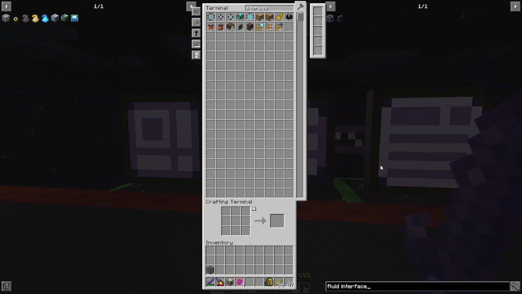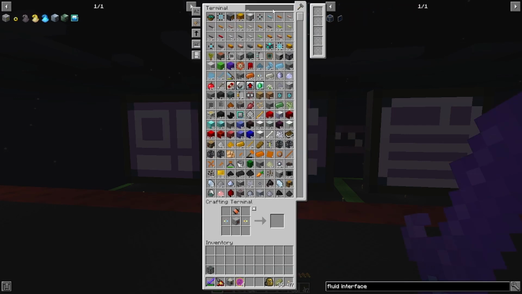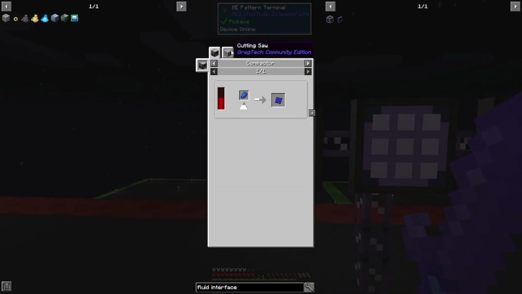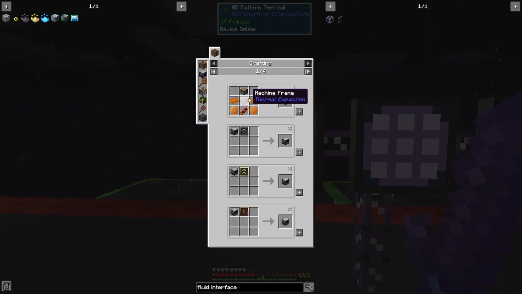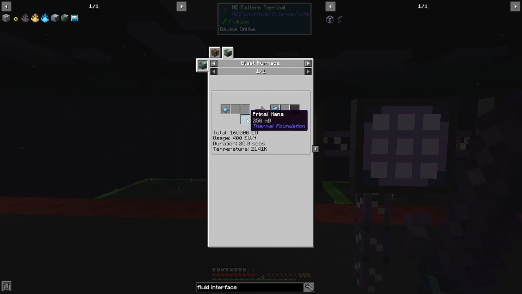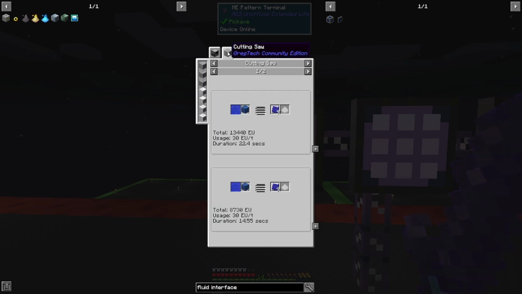Perfect. Now, the fluid interface, fluid terminal, I'm sure those are easy enough, so let's take a quick look. Fluid interface. Okay, so we can't make that, we need to make this. Lapis plates. I don't think the system knows how to make lapis plates, but I'm assuming it's easy enough. Okay, so the thermal expansion compactor, but we've not actually made one of these. It looks like we probably can. Minor infused, I haven't yet looked at, we don't actually have the power tier to even make that. So I will not worry about minor infused for the time being, but we can go to the cutting saw